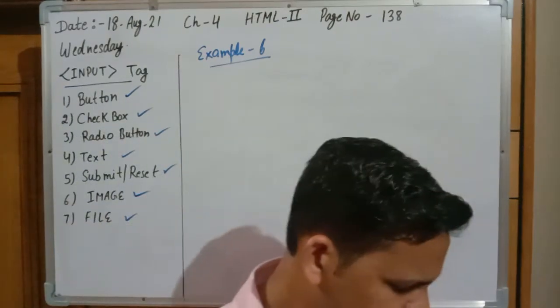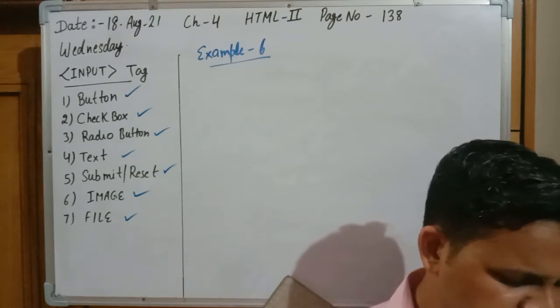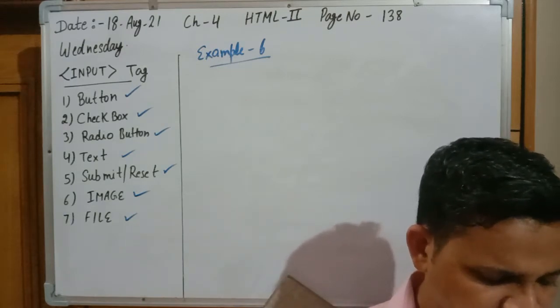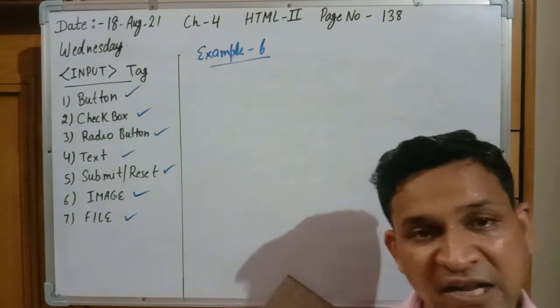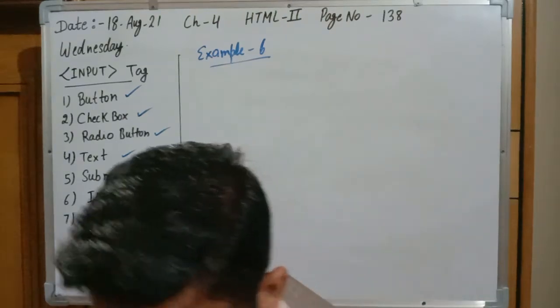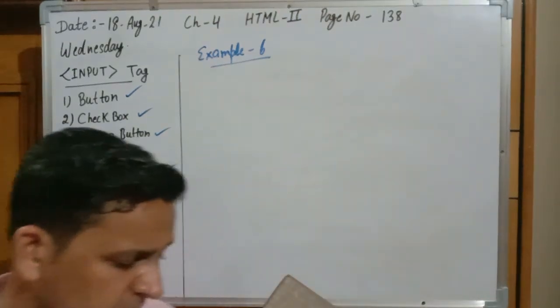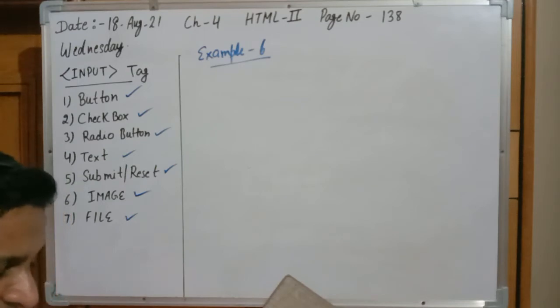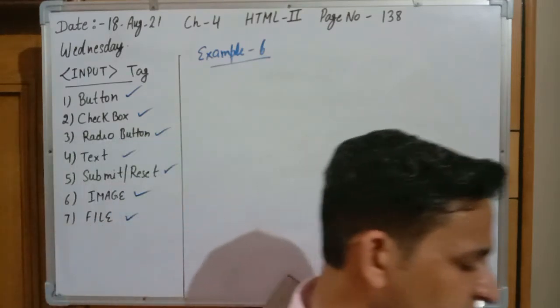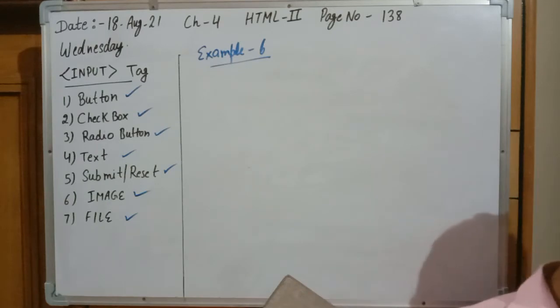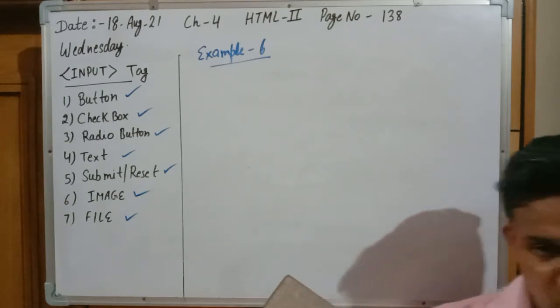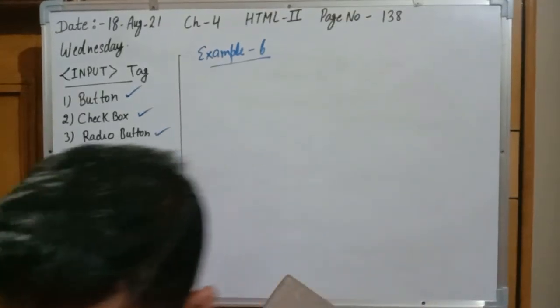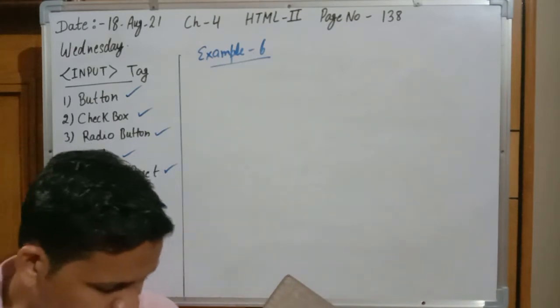Second button we have designed. This is the second button. Input type is equal to button, value is equal to close, and name is button 2. Afterward, when you see the output of the program, this is the first button, with the name open, and the second button with the name close. It means open and close, two buttons are designed. For that we have written the code in the form tag.